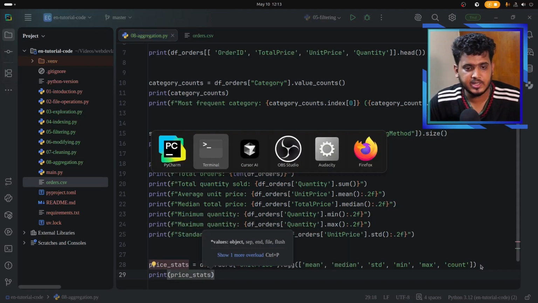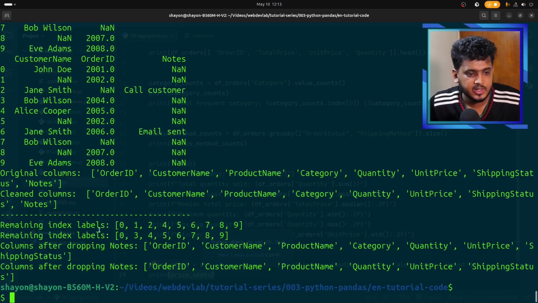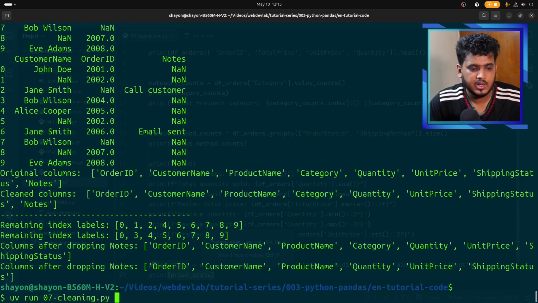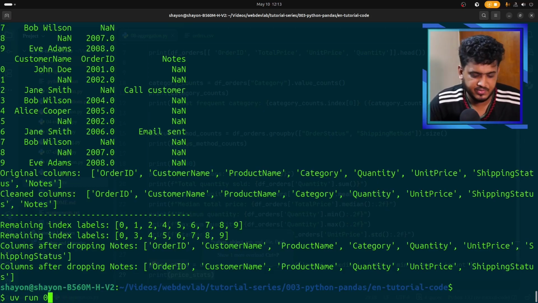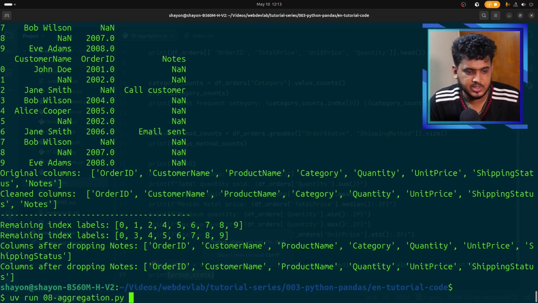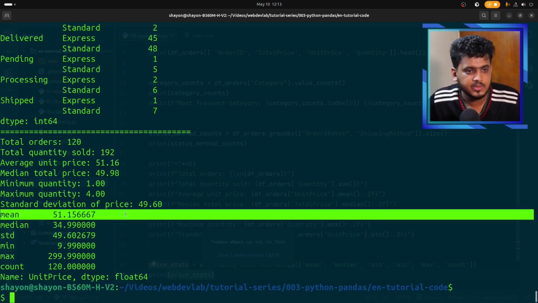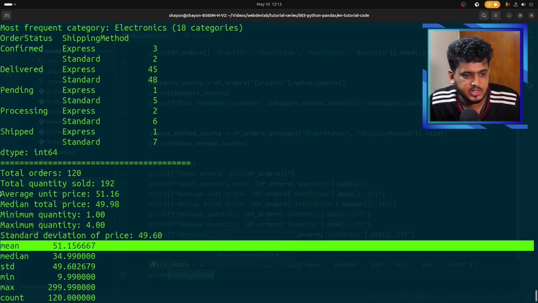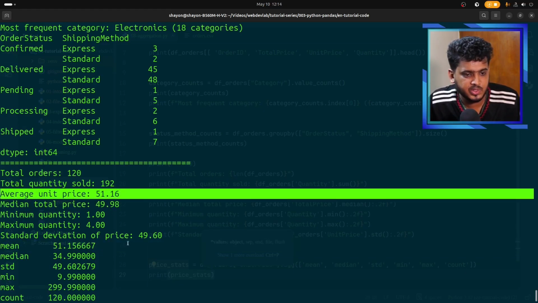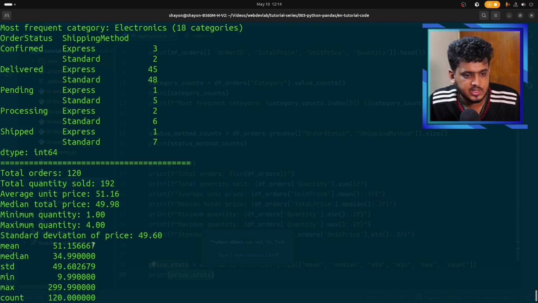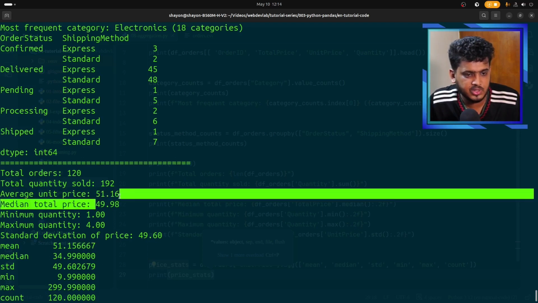Price stats, again run this file. Actually I am running another file. Now let's run this again, and here we got mean which has matched with this mean. This is the average 51.16. This is the fractional number we got in here, and median is